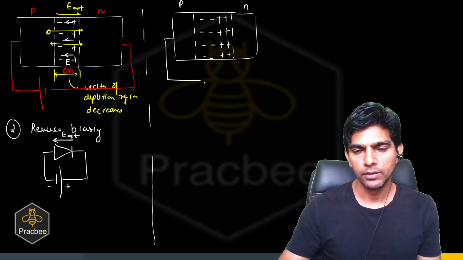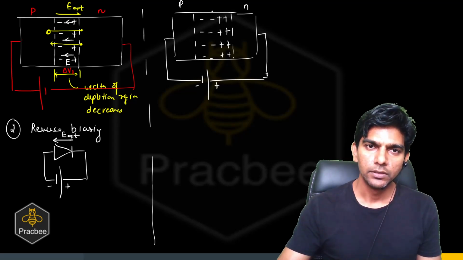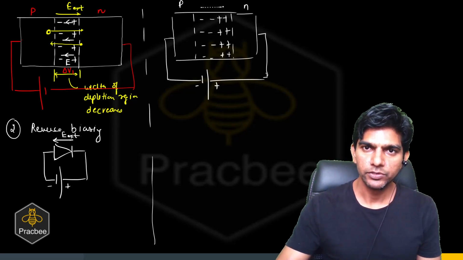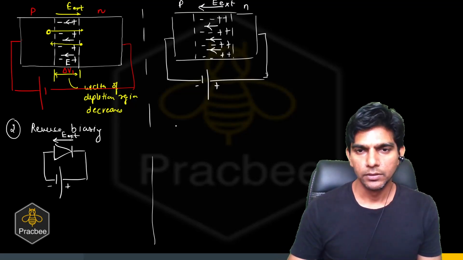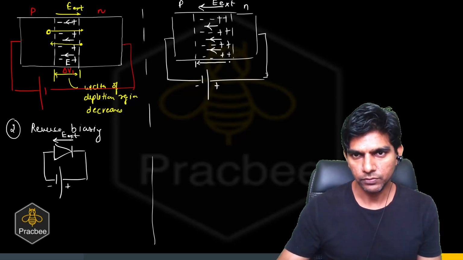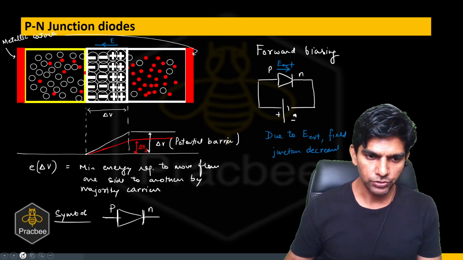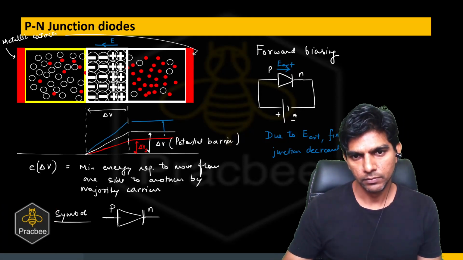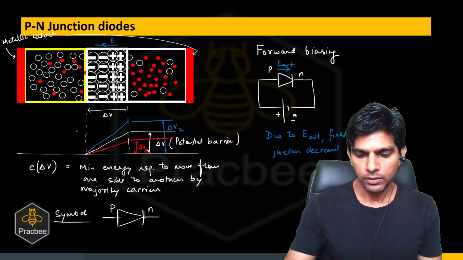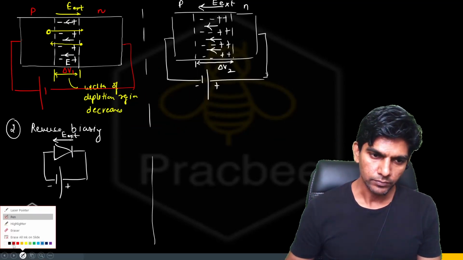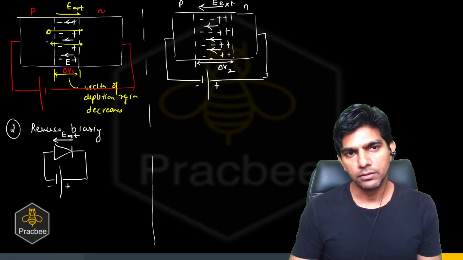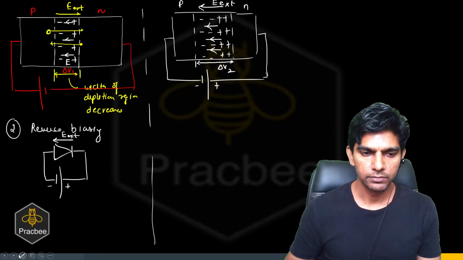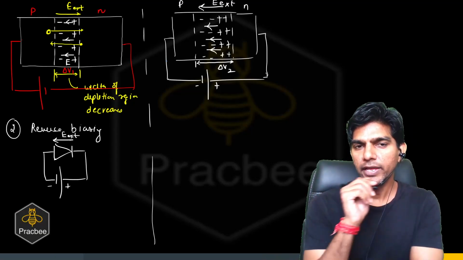So if I connect the P side to the low potential and N side to the high potential, now there is an external field which is in the left direction, and the field at the barrier again is in the left direction. If let us say the potential difference now is delta V2, this can be shown on the same diagram. So I can show it like this, this will be delta V2. Now it will be even more difficult for majority carriers to move from P side to N side, right?